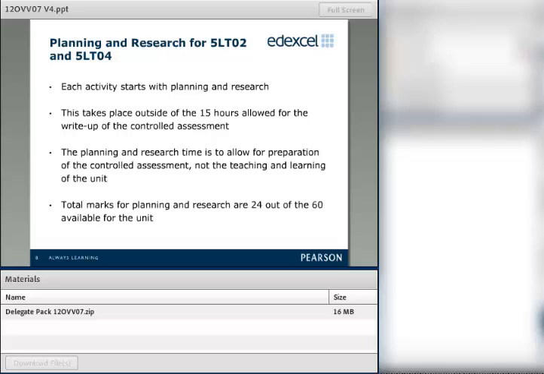When you're very first starting, it may be advisable to give candidates some form of template so that they can structure the work around that and understand what they're trying to do. So if you give them some sort of insight into that. But if you look at the marking for planning and research, if you do provide them with a template, they're not really going to be able to show the high level of independent work that's necessary for the 5 to 6 marks to be awarded for that plan.